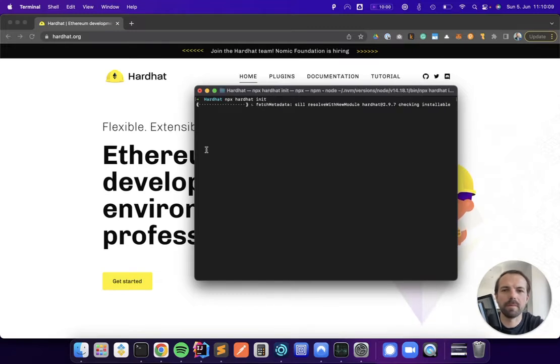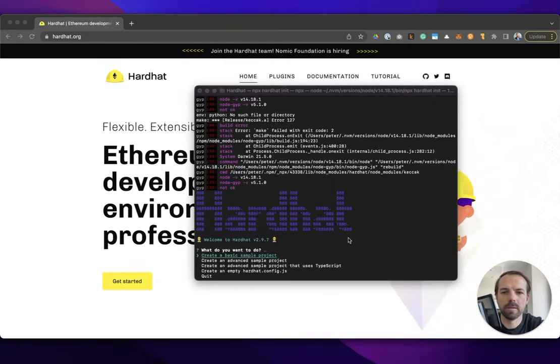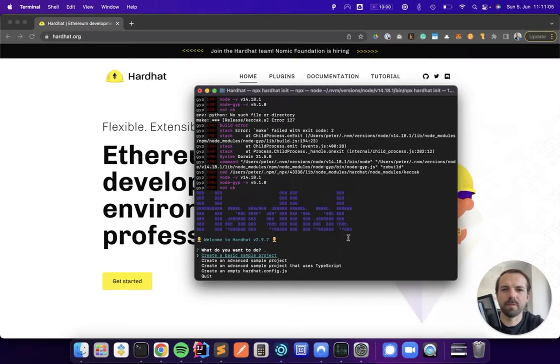I hit the pause button now because this takes some time. I have a slow internet connection, as it looks like. So this took quite some time. I have a 250 megabit connection, but maybe a lot of people are streaming some videos at the moment. Anyways, when this is finished, you can choose whether you want to create a basic sample project,